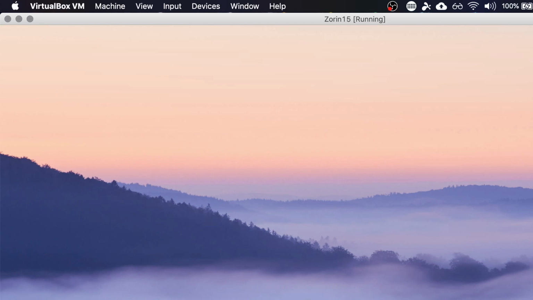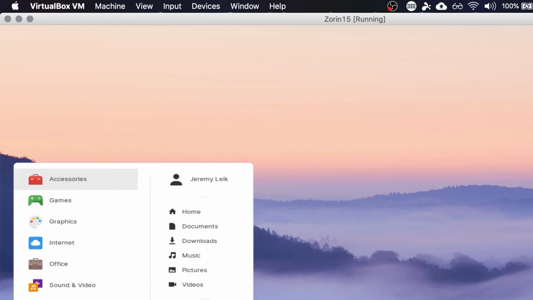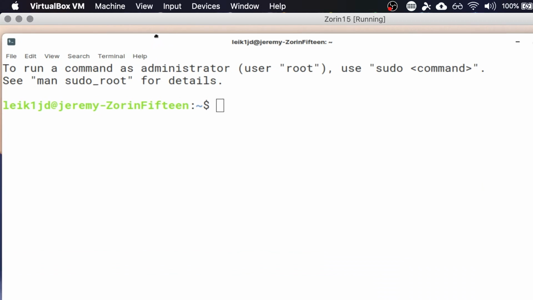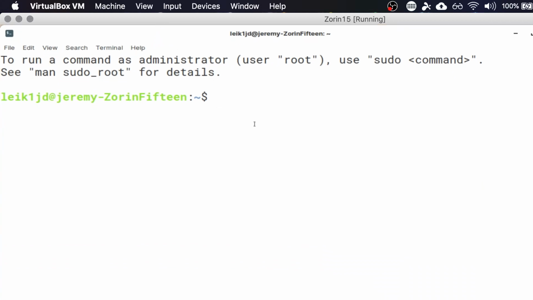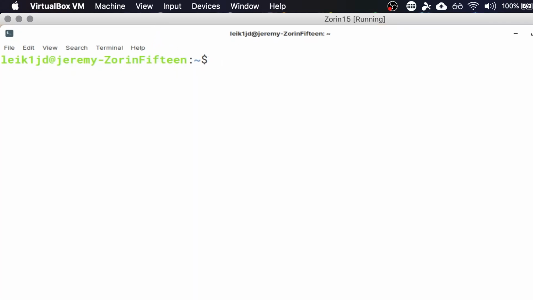Speaking of terminal, let's go ahead and launch that. Make the text a little bit larger for everybody to see, and clear our screen. So first we're going to install Lynis, and then we're going to run a security check on the system and see where our basic install has got us. So sudo apt install Lynis,